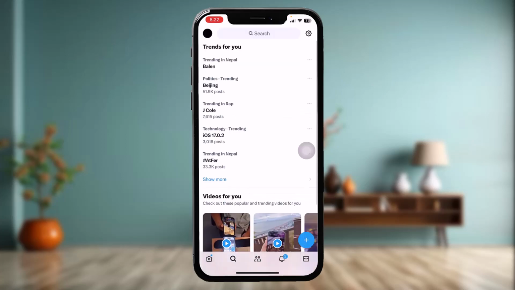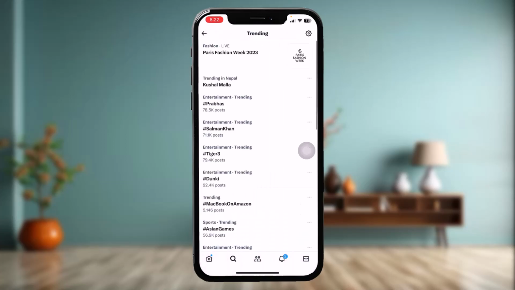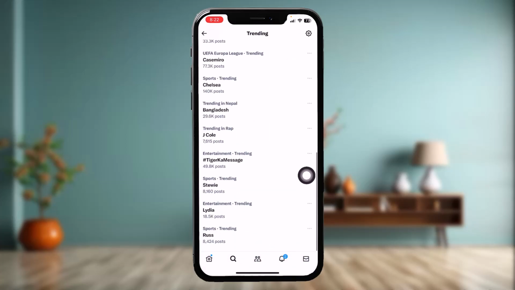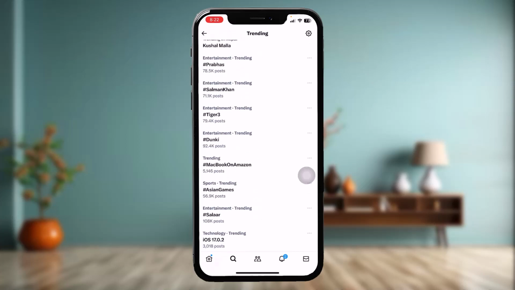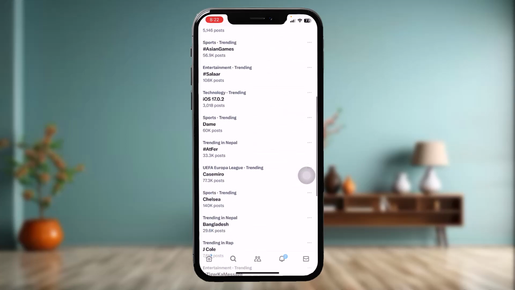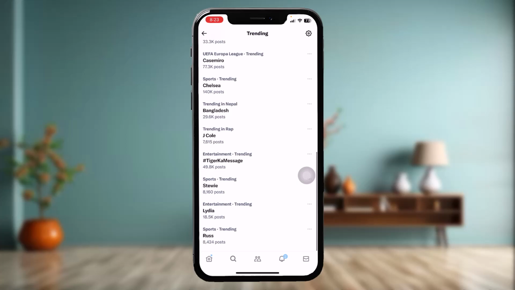and if that still doesn't fix the issue, then go to the search bar, and here you'll have your search list, right? Simply tap on search more, and now check to see if any of the topics that you are not interested in is present right here. Tap on the three dot icon right next to that search, and here tap on not interested. Simply do this to the options that you don't want to see,